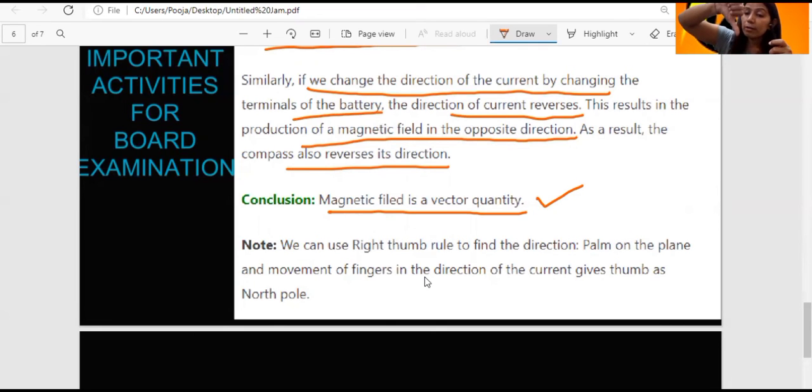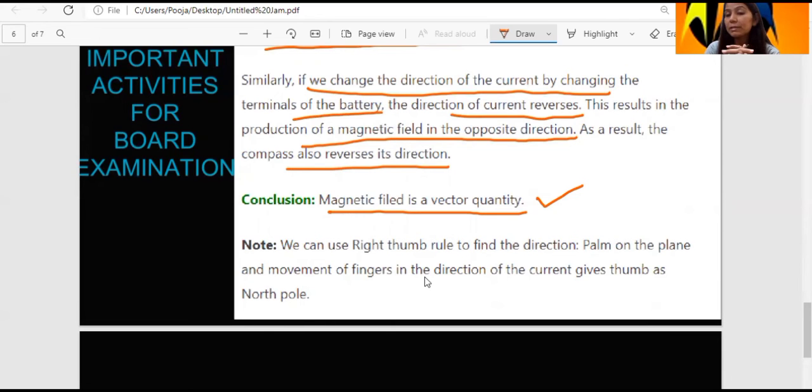And if the current is lying in the downward direction, the magnetic field lies in the anti-clockwise direction. Anti and clockwise. So what I'm saying, please listen to me again. The thumb represents the direction of current. The curl of the fingers shows the direction of your magnetic field. So this magnetic field is always clockwise or anti-clockwise. So according to that clockwise and anti-clockwise, we will find out the poles also.